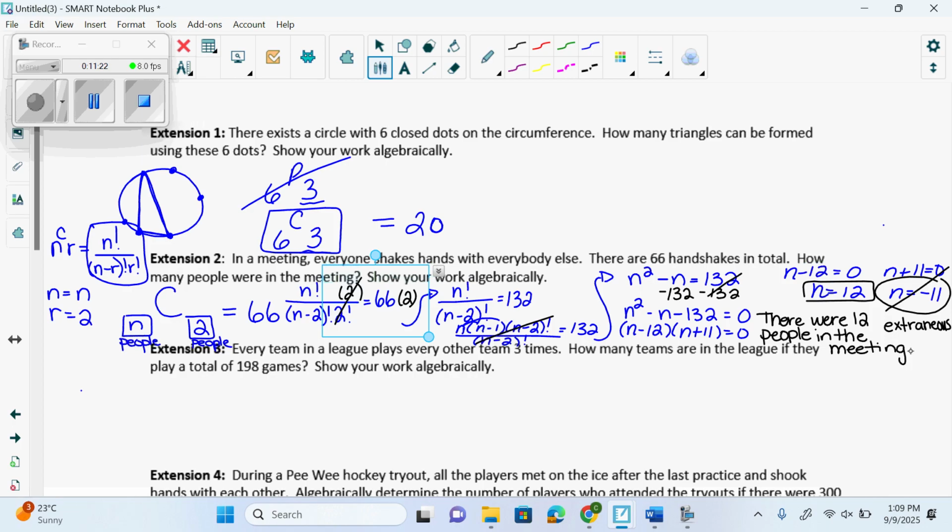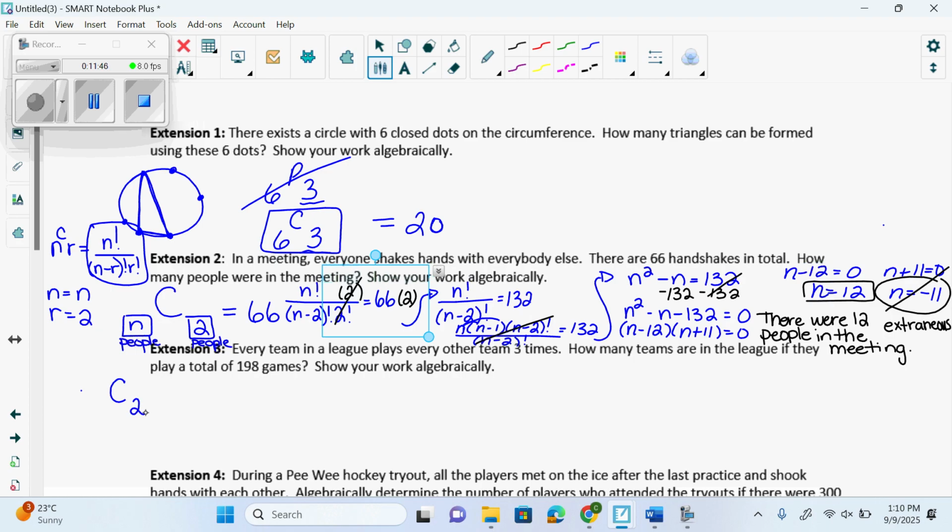So here it says every team in a league plays every other team 3 times. It doesn't mean this one but not this one. It means every other team. So if there's 7 teams in a league, that one team will play the other 6 teams. Okay? So we need every other team in a league playing every other team 3 times. So we know that we're choosing 2 to play at once,